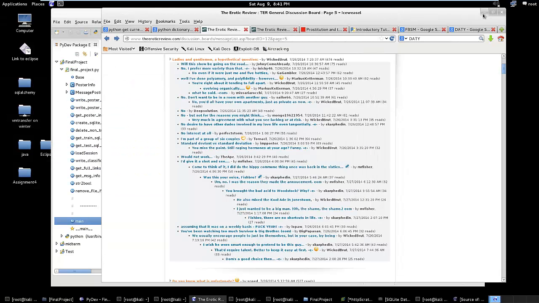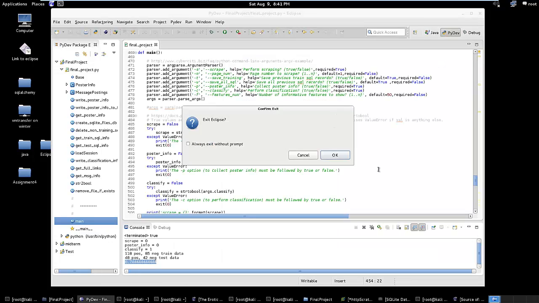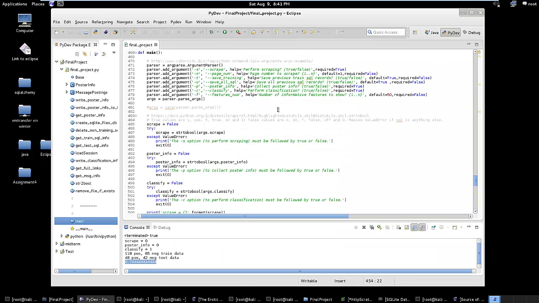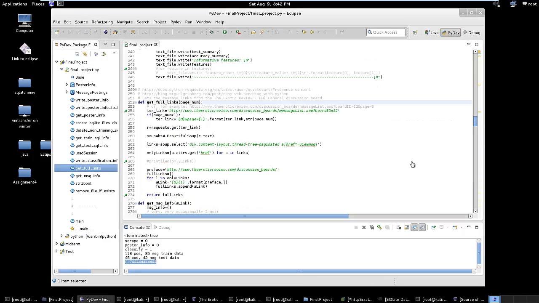So close this, go back to the code. So here we are at get full links, and depending on which page, I start out with the main page, page 1, and it doesn't have a page number after it. Using Beautiful Soup, you saw that area that I'm looking for, and I look for the hrefs that start with view message, and get those and loop through until I return all the links. Then once I have that,